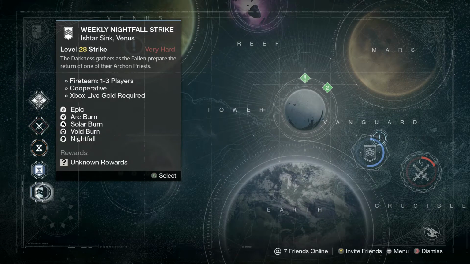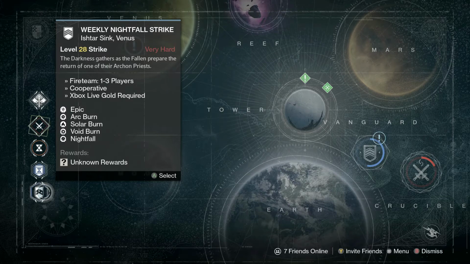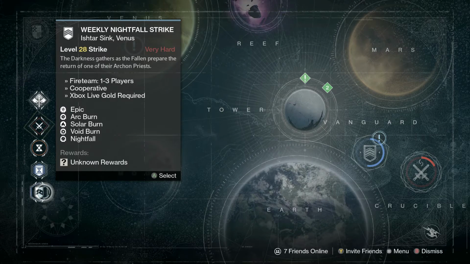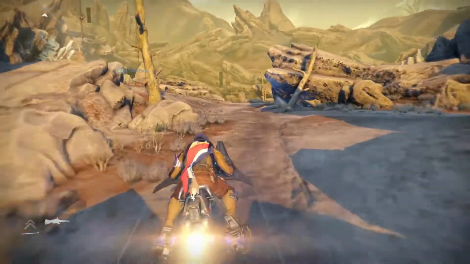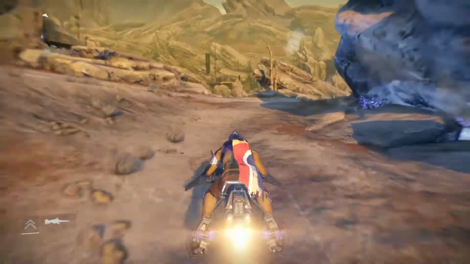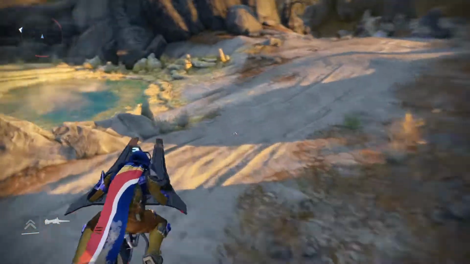I'm going to be doing the Nightfall strike by myself, and this is going to be a little guide I'm going to throw at you. So this is going to be on the Ishtar Sink in Venus, and we're going to be taking the Archon Priest on. So you're just going to spawn where you normally would for any type of mission on Venus, and